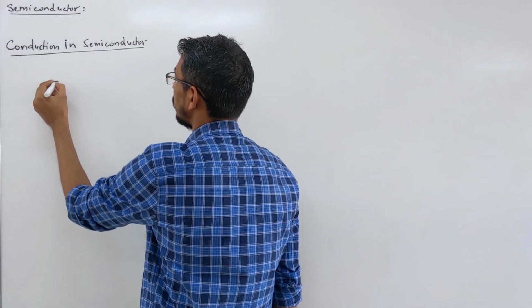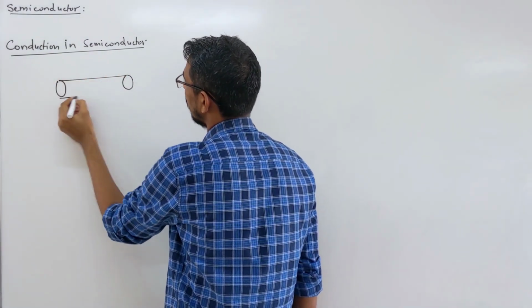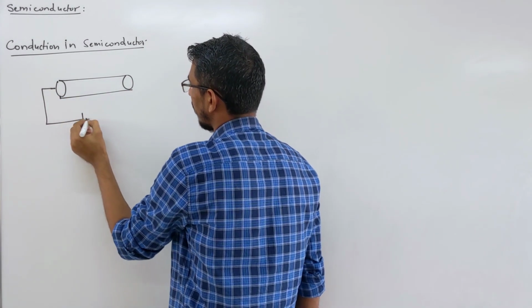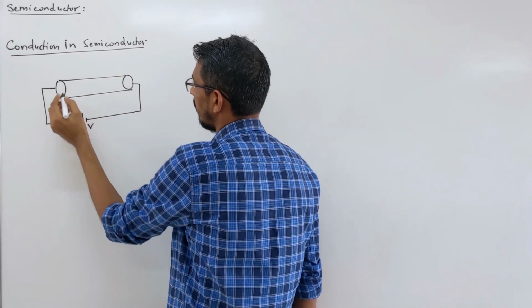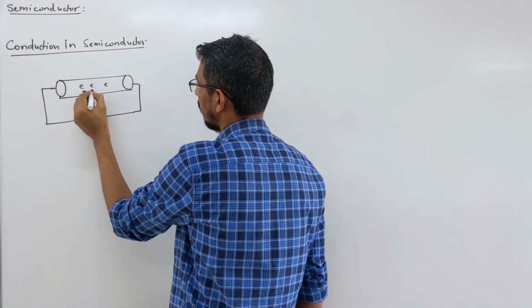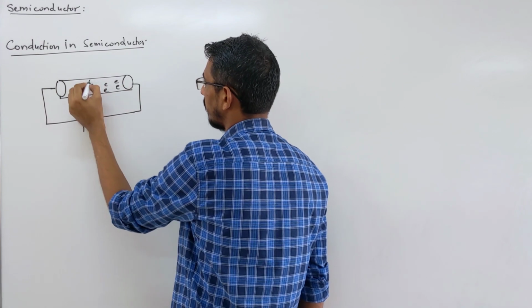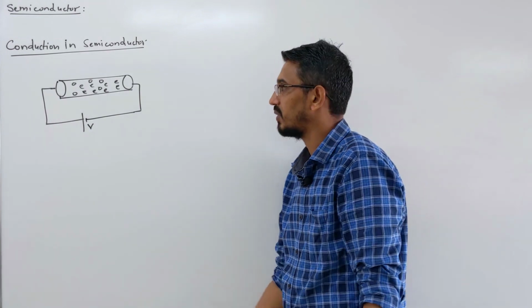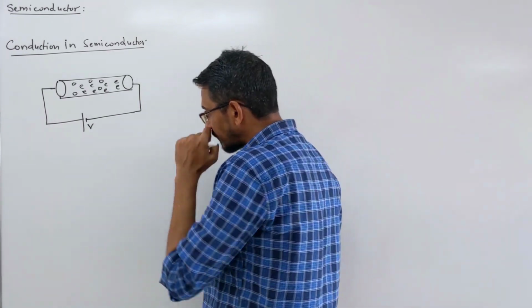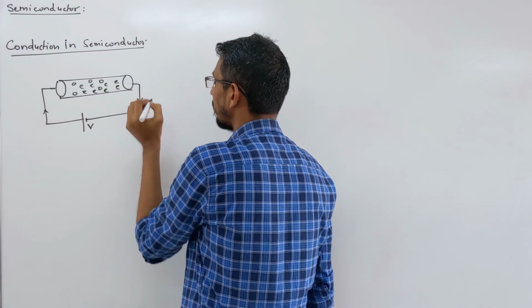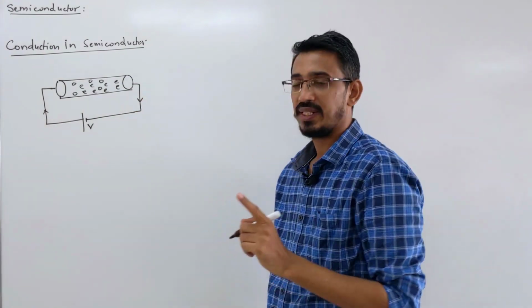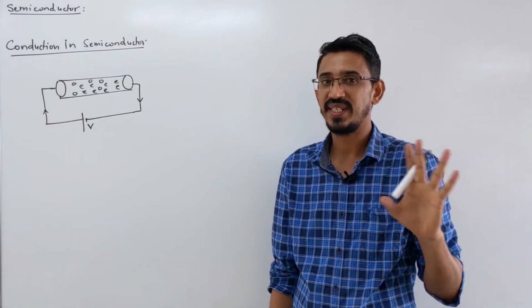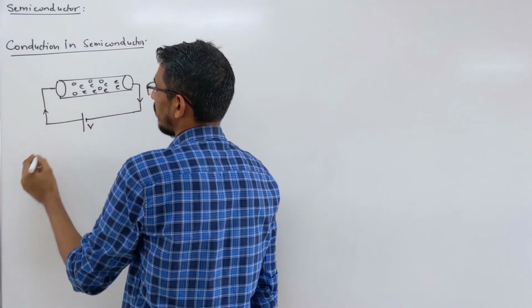So suppose you have a wire, then you connect it to a battery of potential V. You know that there may be free electrons and holes depending upon what type of conductor this is, P type, N type or a pure semiconductor. We don't know. Some current flows. So from current electricity I am writing all the formulas here. I am not deriving anything because we will learn all these things there. What is the current flowing through this wire?